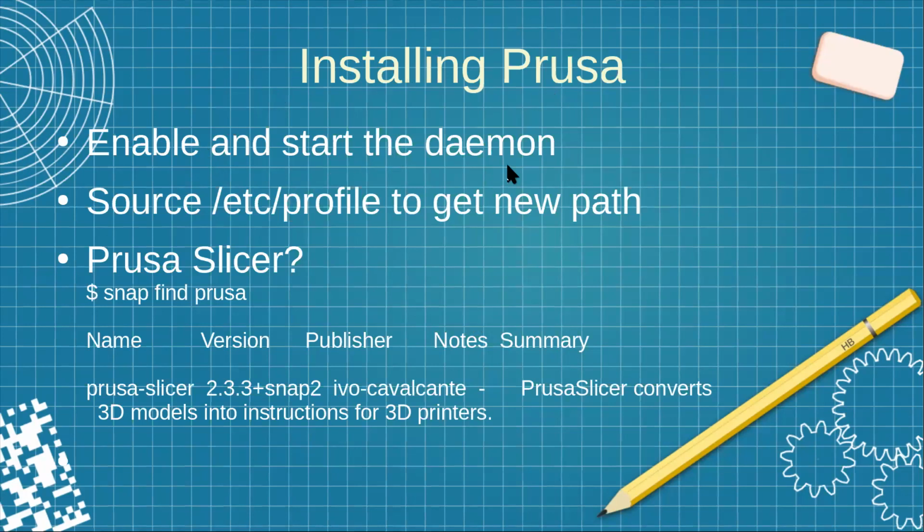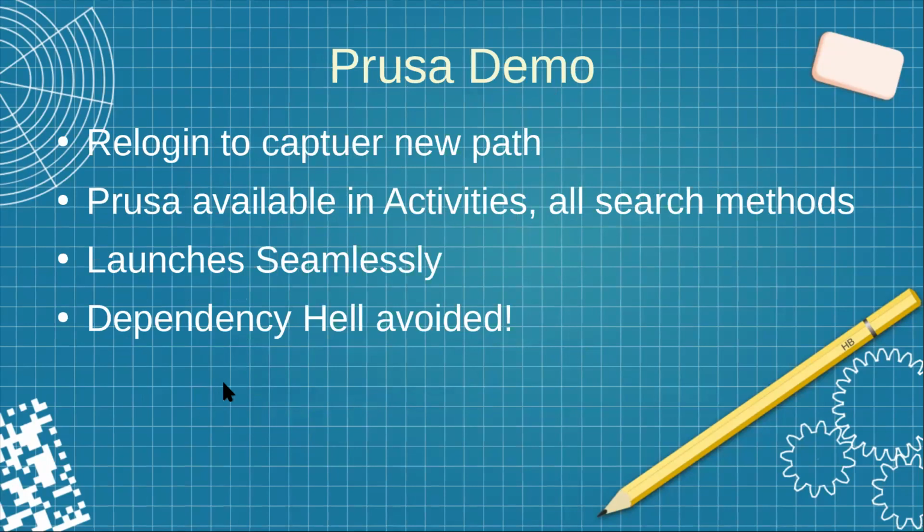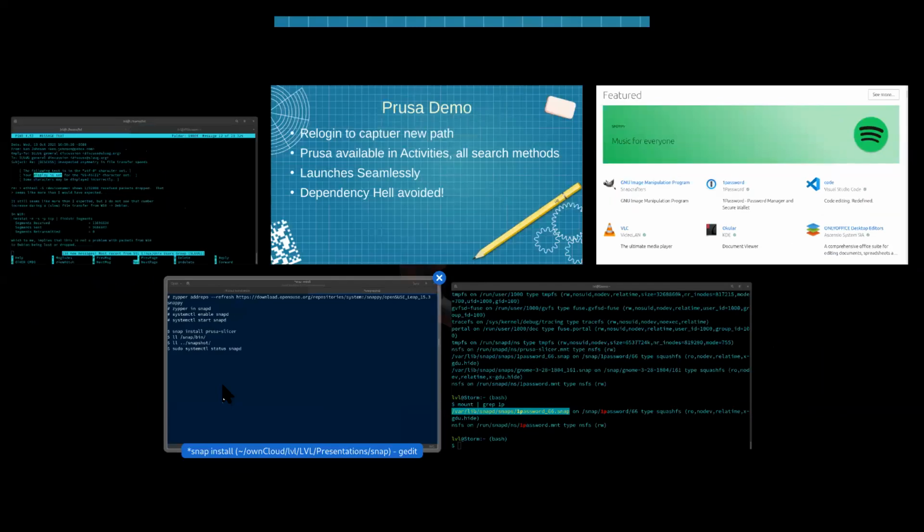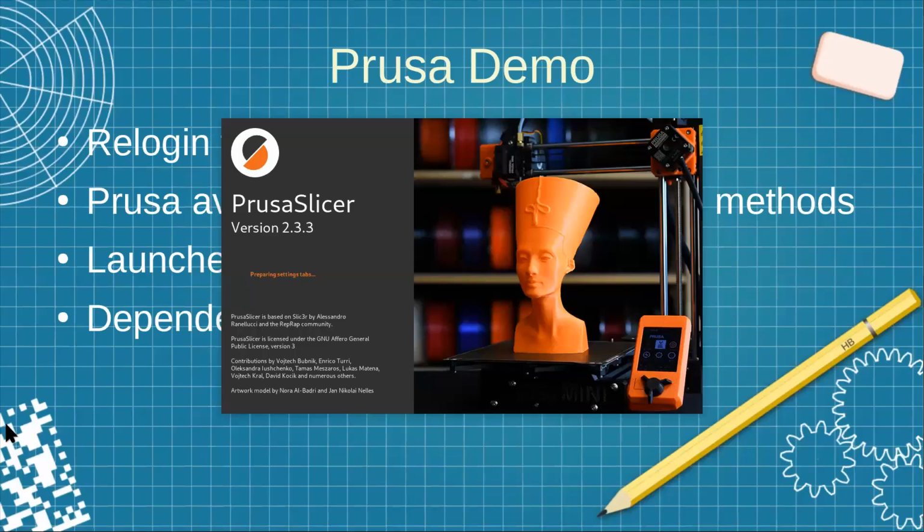Installing Prusa, enable and start the daemon we talked about. Remember that there is a path you need to add to your profile. You can either source /etc/profile or just log out and log in again. Snap find Prusa, version 2.3.3. When you want it, hit the window key, type PRU, Prusa Slicer,